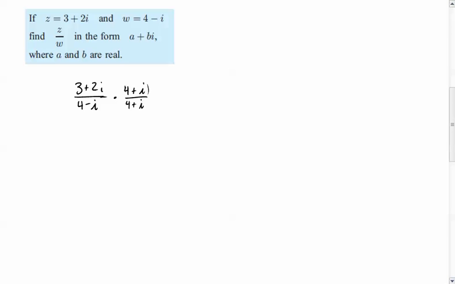Now, when we do that, on top we're going to have 12. 3 times i will be plus 3i. Then we're going to have 2i and 4, so plus 8i. And then 2i times i. i times i, of course, is i squared, which is negative 1, so minus 2. On the bottom, we're going to have 4 times 4, which is 16. And then 4 times i will be plus 4i minus 4i. Those will cancel out, so negative i times i will then be negative i squared being negative 1, so plus